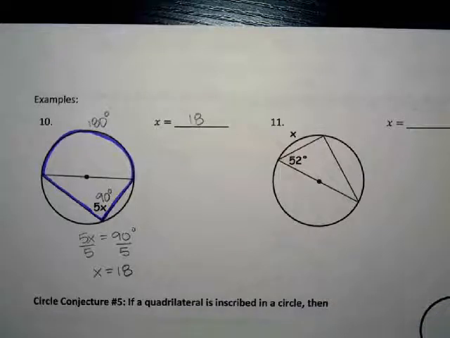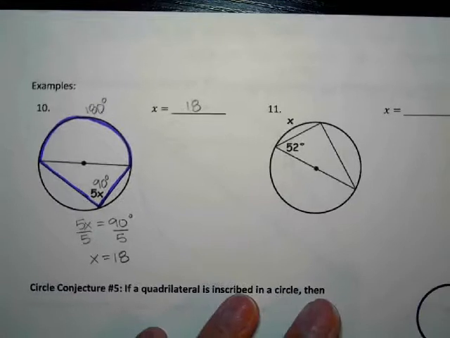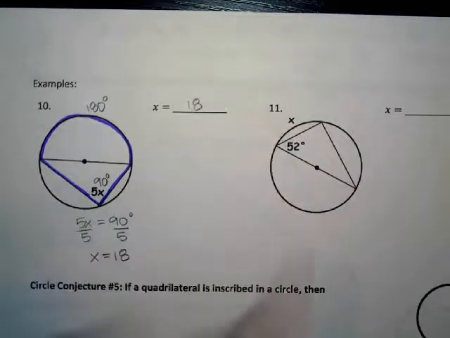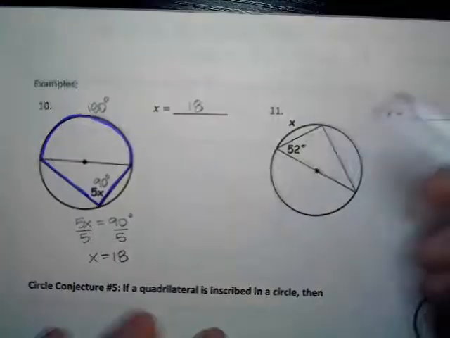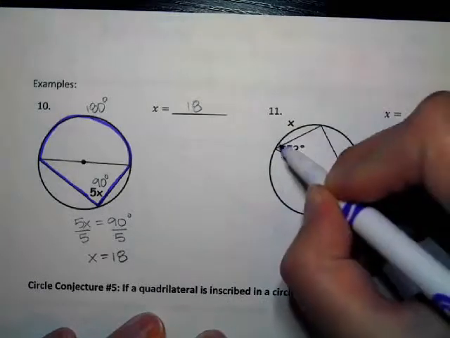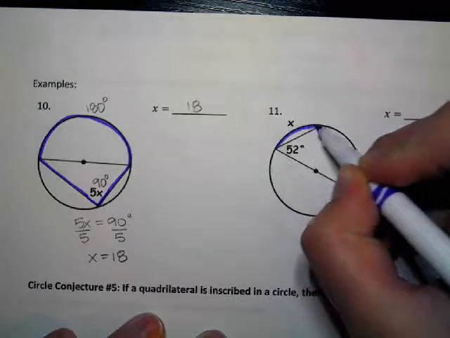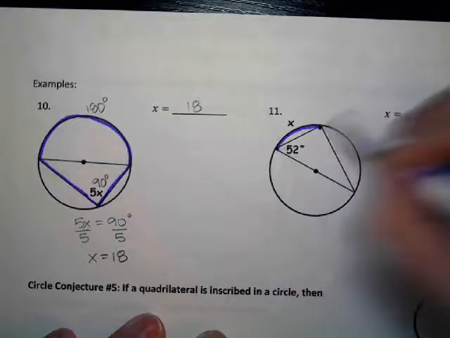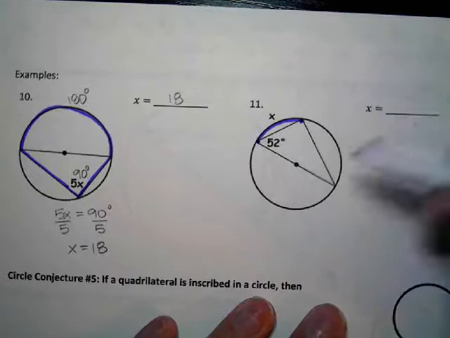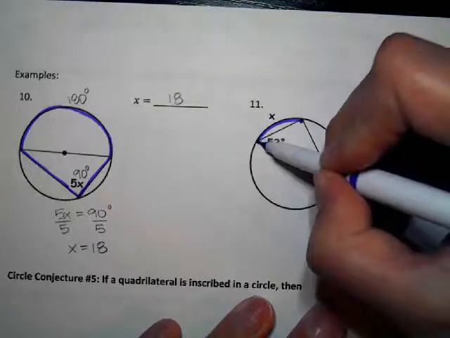All right, now sometimes we have a problem like example 11. And in example 11, instead of them showing you the measure of an angle, they showed you the measure of an arc. So the measure of x has to do with the measure of the arc. So what I would do here is I'm going to take my color and I'm going to trace the arc. And I can see that the arc touches this edge and this edge right here. So I'm going to take those two edges and I'm going to trace them down so I can see what